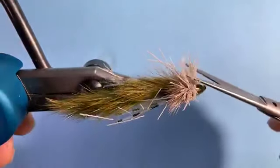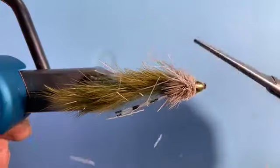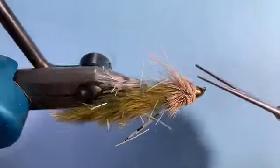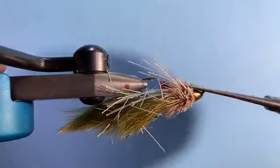Tom, Wade's asking what is your favorite bobbin to tie with? Oh, I don't know. I have like 16 bobbins sitting on my desk here. I like the